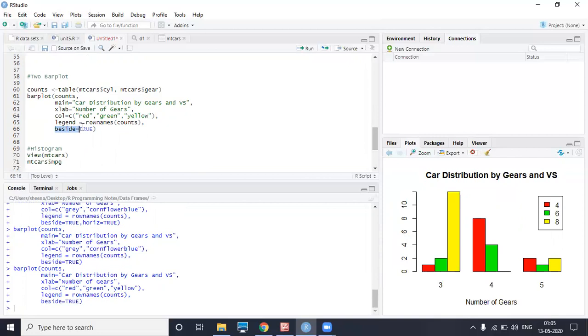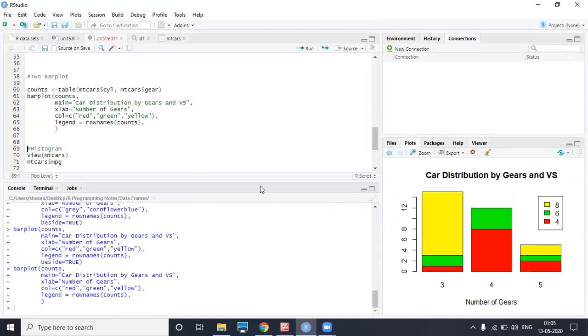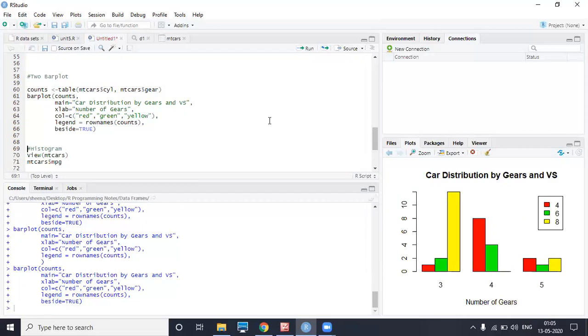Now we can see what will happen if I remove this beside equals true. It will convert to a stacked bar chart. The only difference is that if you say beside equals true, it will create it sideways, and if you do not keep beside equals true, it will give you a stacked bar chart.